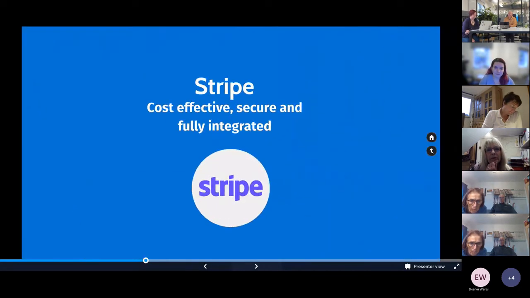In terms of the payments, our main connection is with Stripe. A very simple and cost-effective solution for small businesses. You don't have to have a merchant account to have a Stripe account, so it's kind of an online merchant. So you can set that up within about 20 minutes, and then you can be taking payments from your properties, and it's fully integrated into Freetobook.